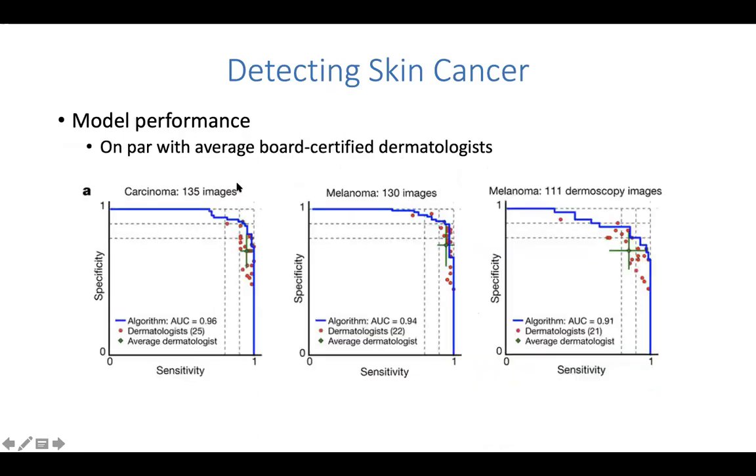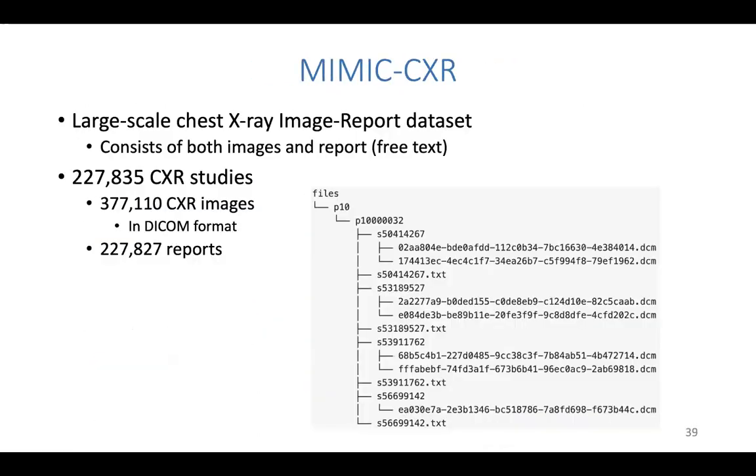Alright. So we are almost out of time. So we're just going to briefly take a look at the Mimic CXR dataset. So Mimic, as I said, there are two well-known large-scale chest X-ray open source datasets. One is Mimic CXR, and another is CheXpert by NIH. Obviously, Mimic CXR was open sourced by MIT people. And let's see. So Mimic CXR is a large-scale chest X-ray image report dataset. This is a very attractive dataset because it contains both the X-ray image and also the free text note,